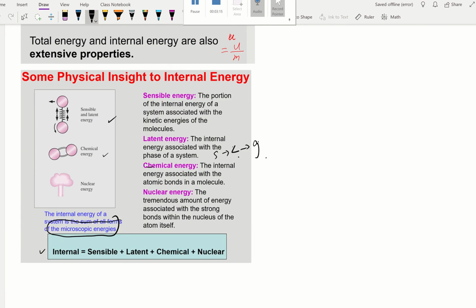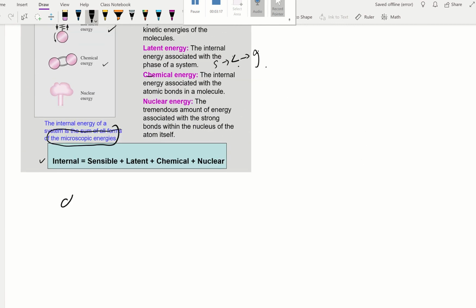Okay, now we're going to talk about a change of energy. Since it consists of the 3, we call the change of energy delta E. E means energy, delta means change, right? And then we potentially have a kinetic energy change, delta KE. We could potentially have a potential energy change, delta PE, and of course, a change in internal energy, delta U. All those 3 constitute the change of energy.